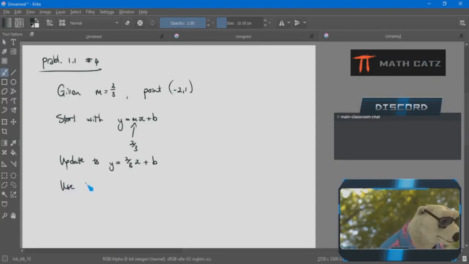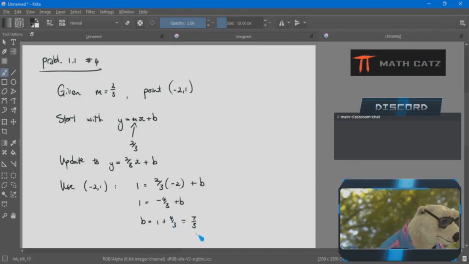So I can use the point -2, 1 and say, well, when y is equal to 1, x is equal to -2, and that equation has to be true. So I have simplified -4 over 3, so b is 1 plus 4 over 3, so that's 1 1/3, so